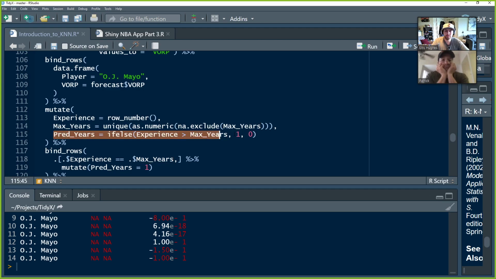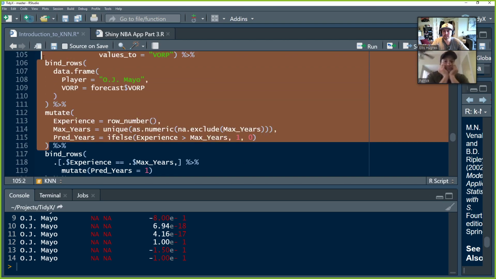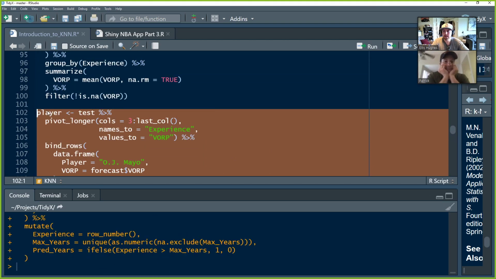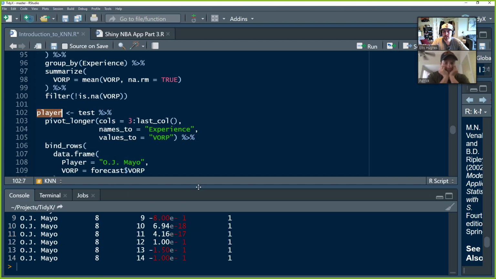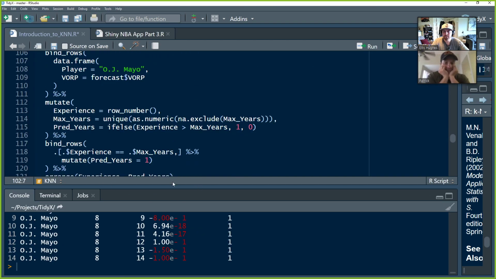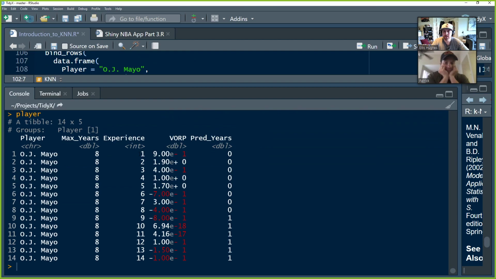And then we're going to fill in this value here, which is a flag identifying whether this is a predicted value or the actual value of the player, so that we can drop that in there. So let's run that. So now we end up with a data frame that has all years 1 through 14